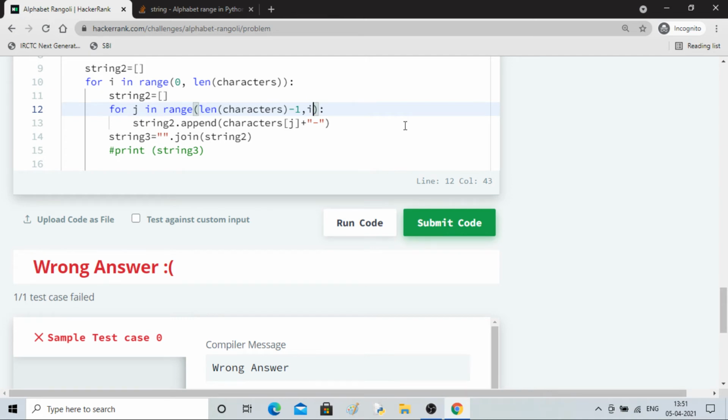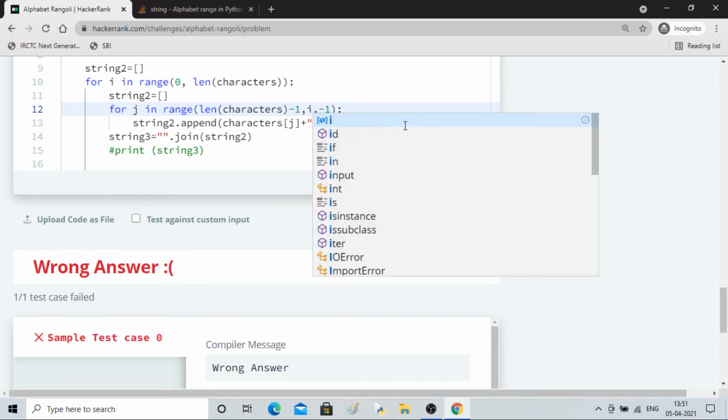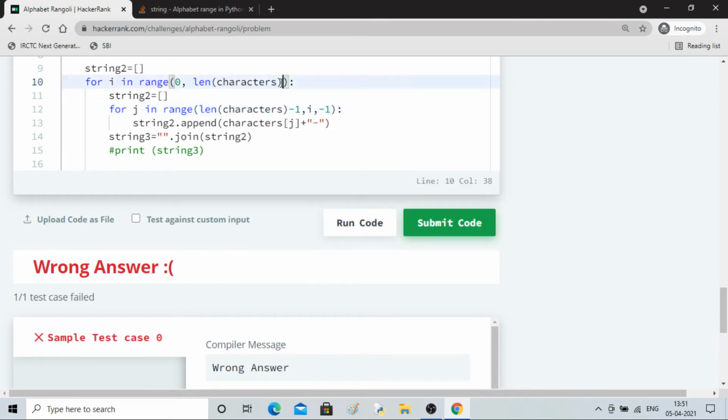So E, then ED should take. So -1, this I have to change actually. It has to depend on I. So what if I change this?